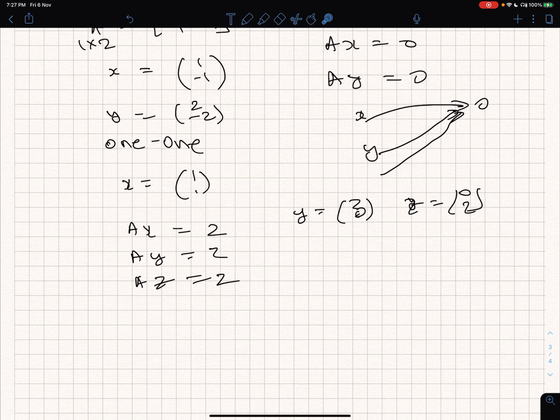This is not adequately codified in this transformation matrix A, or the linear transformation designated by A. So therefore, we say that such a mapping is not 1-1,